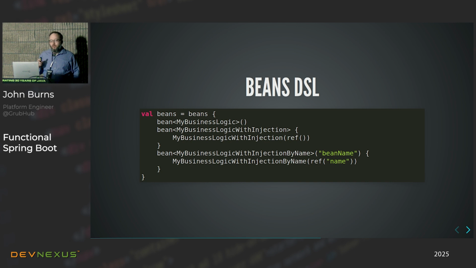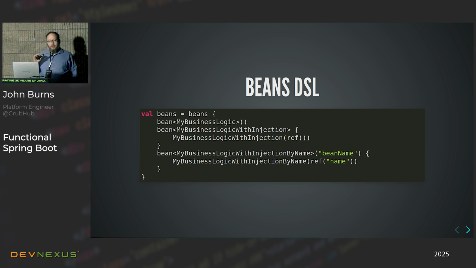So this is only available in Kotlin because some of the syntax that it requires you can only do with Kotlin. The Java equivalent is so messy, it's just not even worth it. OK, so this is available in Kotlin. It comes from Spring Core. There's not a separate module you need to pull in. It's just right in Spring Core. But it allows you to programmatically define the beans of your application, just like how you see here.